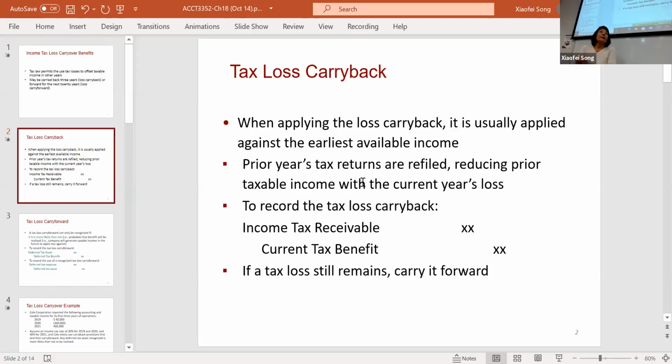And so the taxable income now will be different, probably lower, probably 0. So the tax you should have paid would be either less or none at all. But given that it's already paid, you get it back. So your accounting journal entry would be income tax receivable, debit, which will soon become cash, and credit